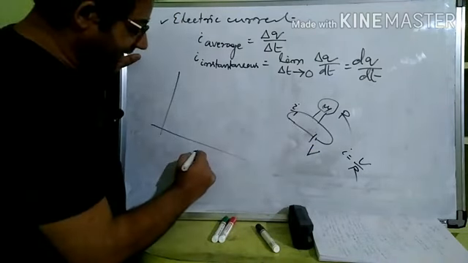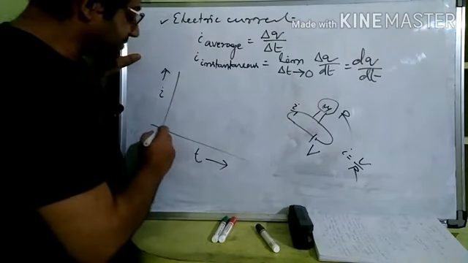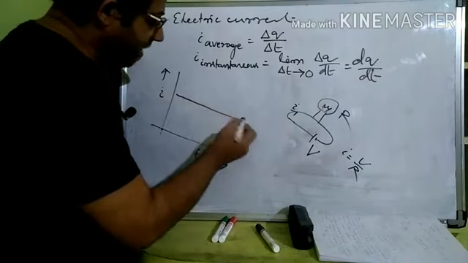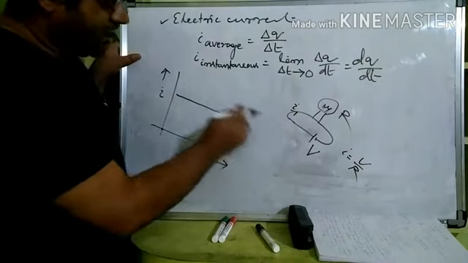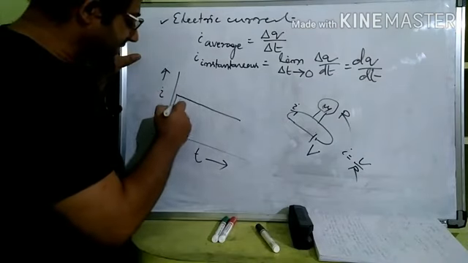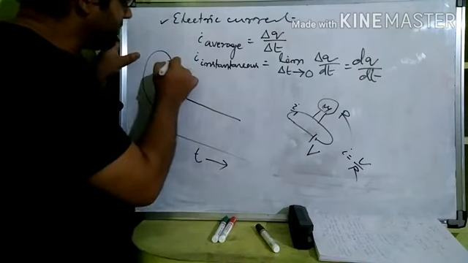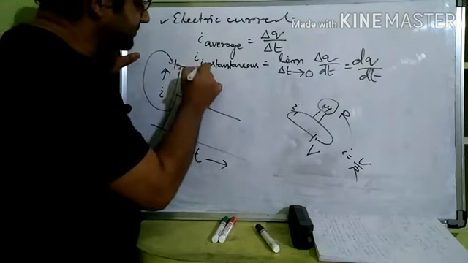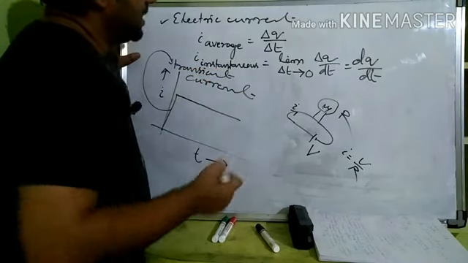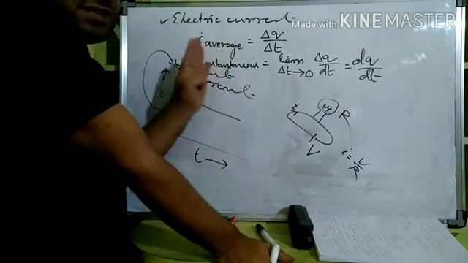If we take time along the x-axis and I along the y-axis, we understood that when I is equal to V by R, that remained constant. However, when we switched it on, just before switching on, the current was 0 only, right? From 0 only, it assumed a value which is equal to V by R. So in between what happened, we call that a transient current.